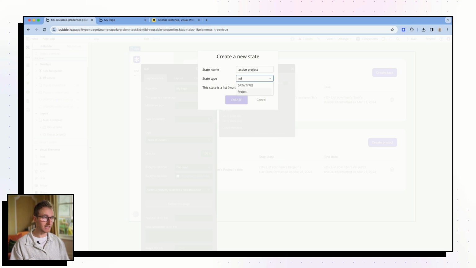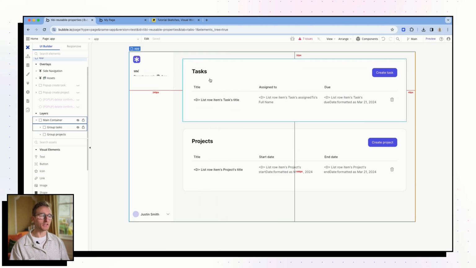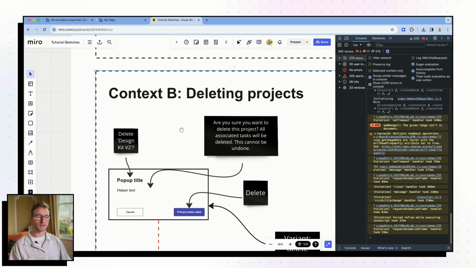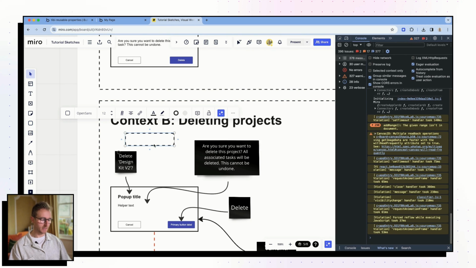Okay, and we're going to see how we're actually going to use this as well when we get into deleting a particular project or task based on a trigger from the pop-up. What we could do now, we're taking a little bit of an intermediary step here. So if I try to illustrate that here, if you imagine this is our custom state, right?